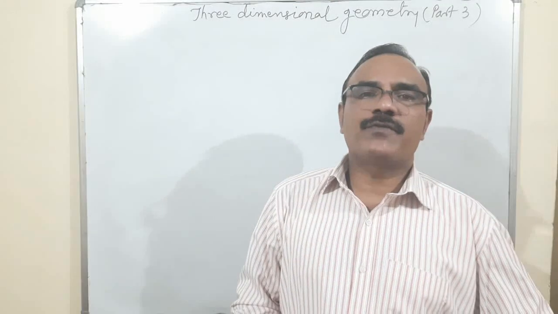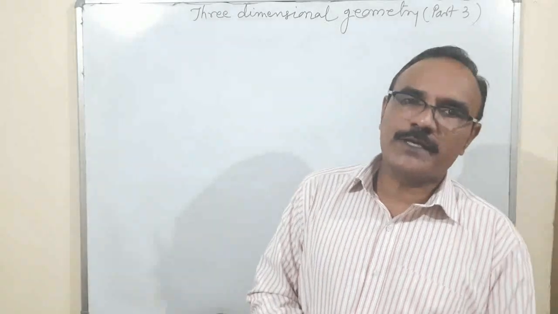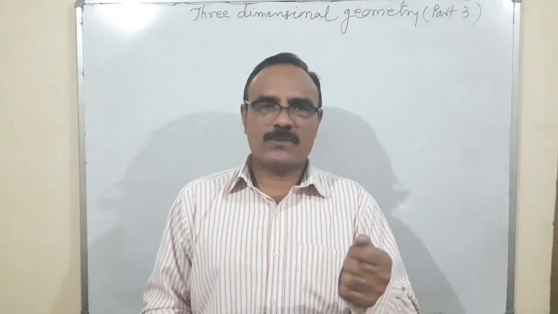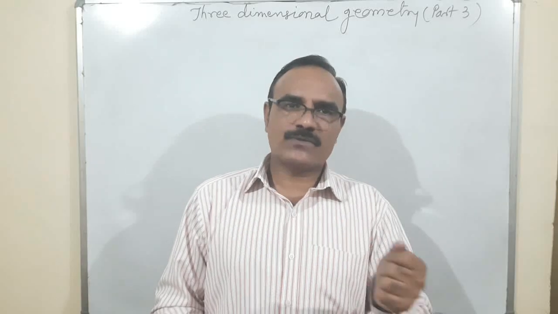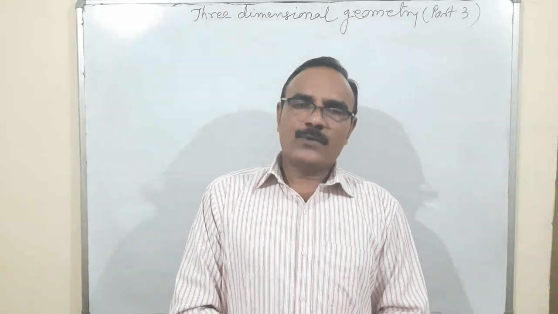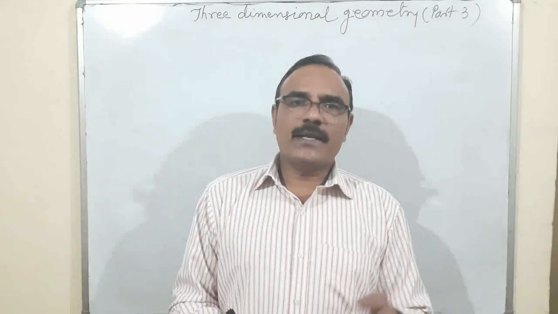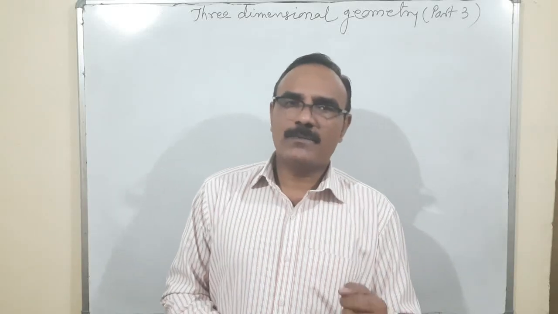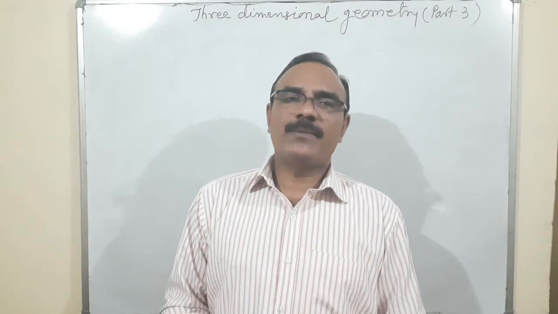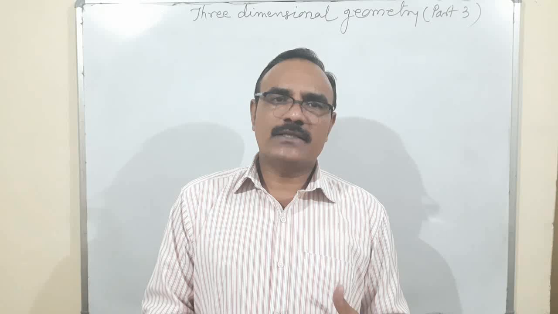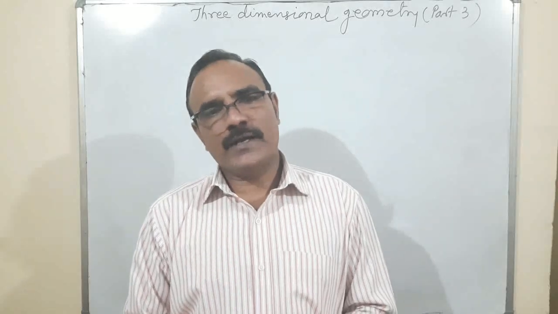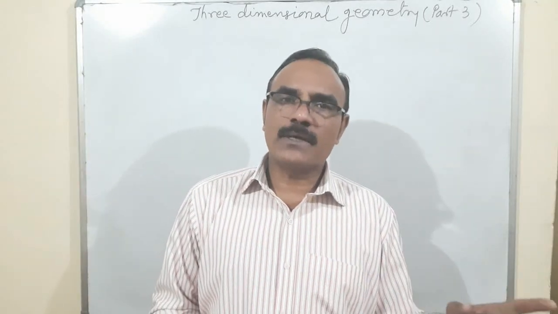Third, if we are going to find the equation of the plane passing through three non-collinear points, the determinant with rows x minus x1, y minus y1, z minus z1; x2 minus x1, y2 minus y1, z2 minus z1; x3 minus x1, y3 minus y1, z3 minus z1 is equal to 0. The equation of the plane in intercept form is x upon a plus y upon b plus z upon c is equal to 1. Next is the angle between two planes: same thing, sine theta is equal to n1 dot n2 upon magnitude n1 into magnitude n2, where n1 and n2 are the direction ratios of the normals of the planes.